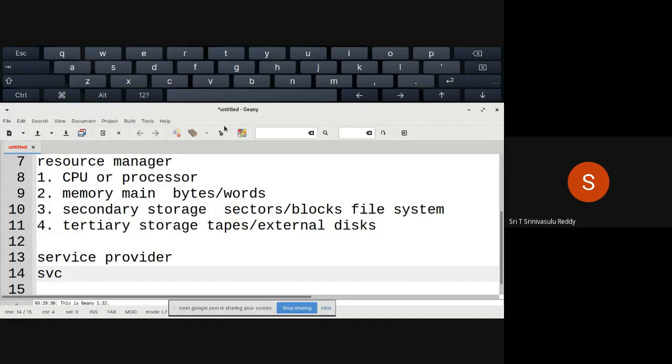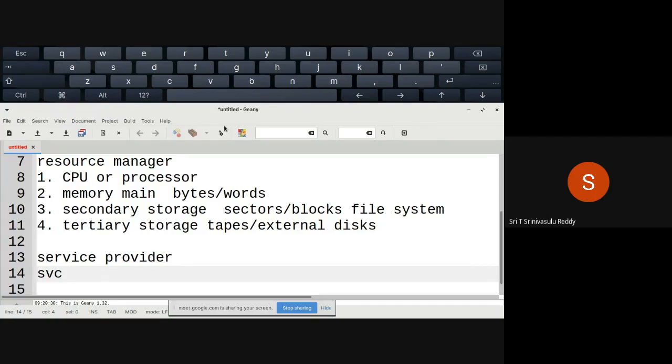Right? The main function is already there, no doubt. But what are the other things that you may have to develop? There must be clarity in writing the software, writing the operating system, from the definition of the operating system. Then it becomes more understandable. Resource manager, all that theory, yes, no doubt.